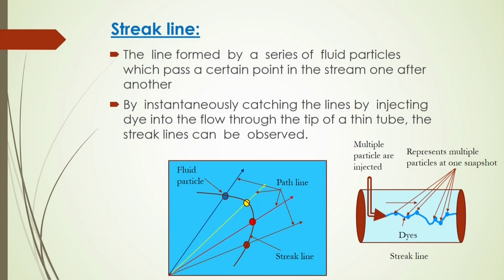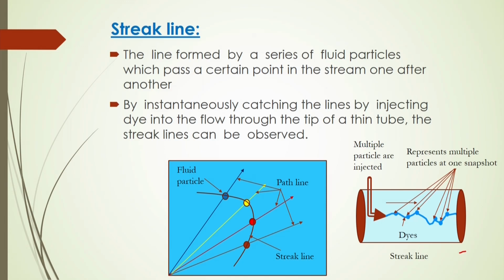Another important one is called the streak line. In this case, you will see the figure here. Suppose we allow some dye in a fluid flow, you will see how the dye particles follow a path in the flow. So, the path generated by the fluid particles, or here in this case by dye particles, is called a streak line.